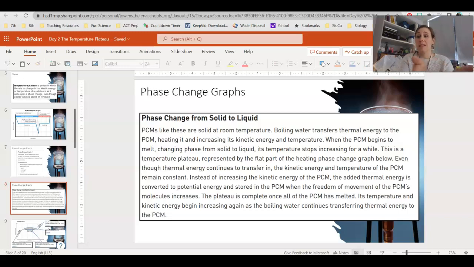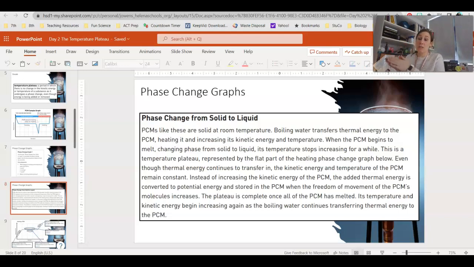So this is basically going back to one of our learning targets and our bell ringer. What happens if we're still heating something up to cause it to melt, but our temperature and our kinetic energy are staying the same? What's happening to all that energy that we're still putting into it when we're heating it up? Okay, the answer is that it's going to be stored as potential energy in that PCM,